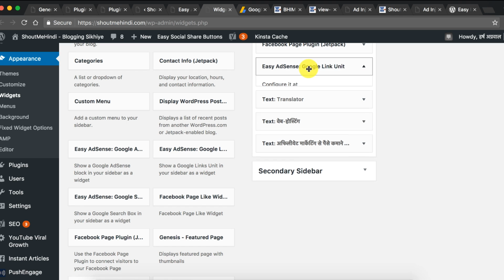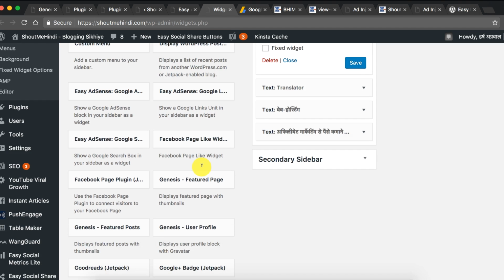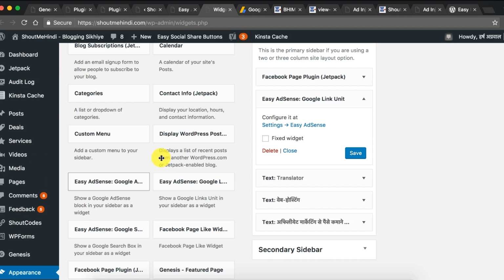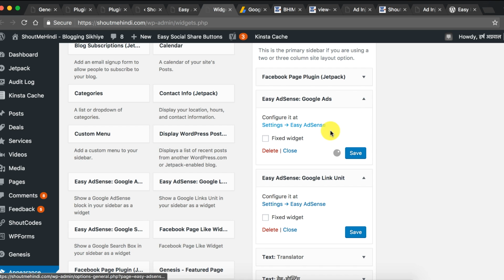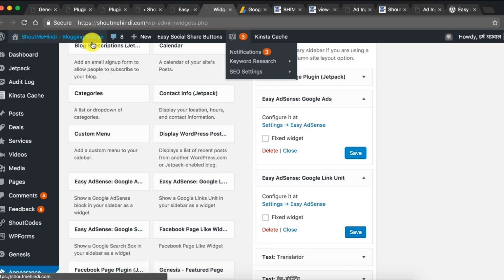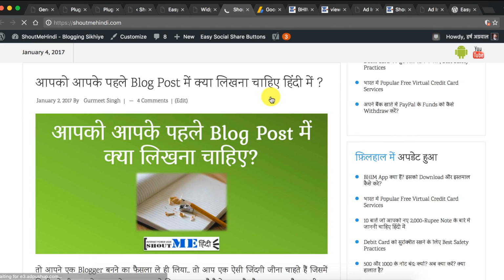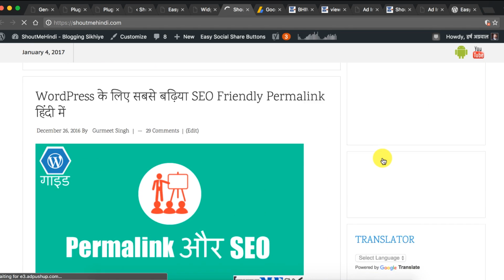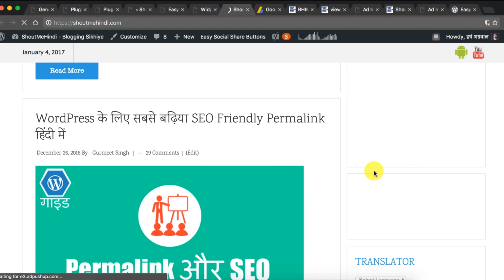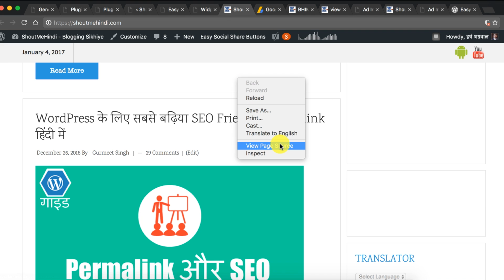So here we see this is the Google ad unit, and let me also add the normal ad, because we were not able to see the ad earlier. That's because we just added the ad, so it might take a few minutes before the ad starts appearing on our blog. That's how AdSense normally works. If it happens to you, the most important thing you need to check is that the ad code is placed on your blog. As I said, if you're using Chrome, you can right click on view page source